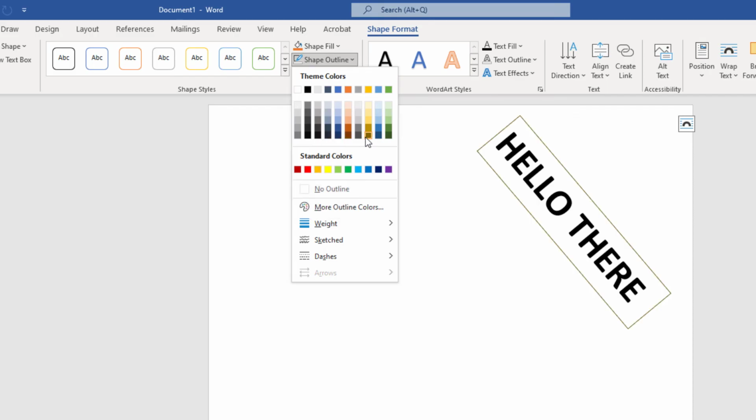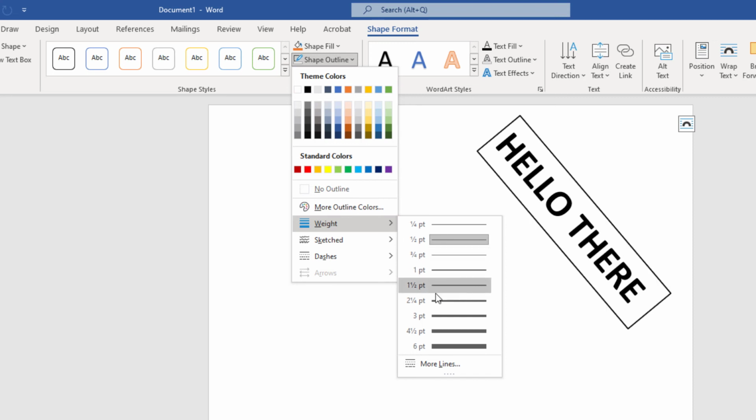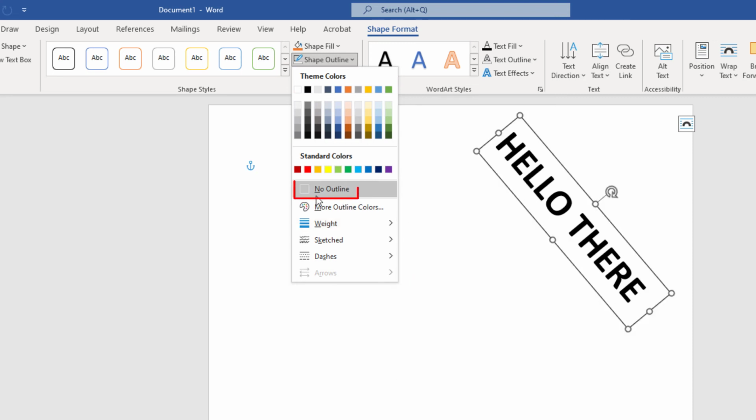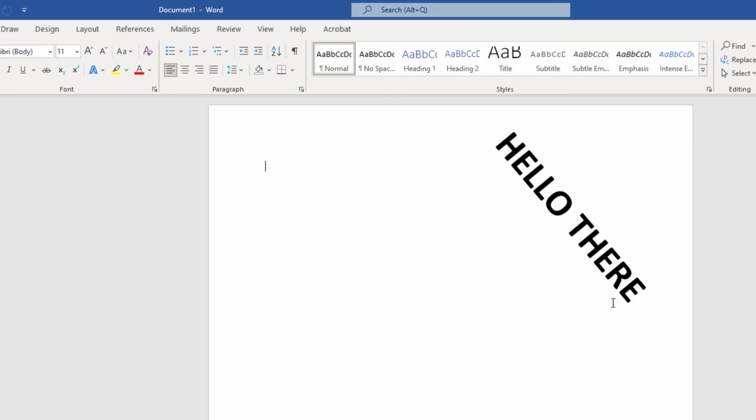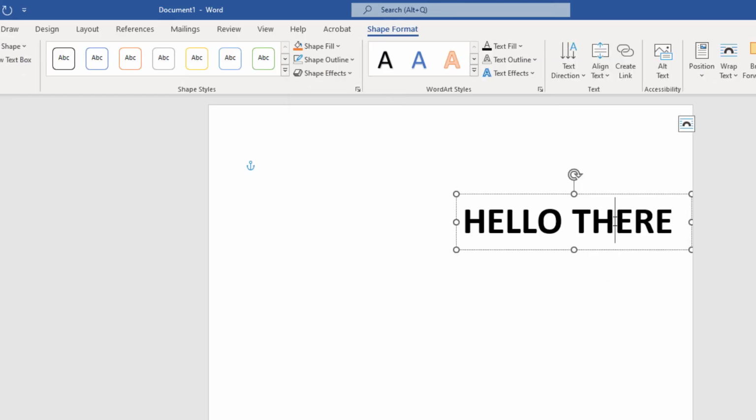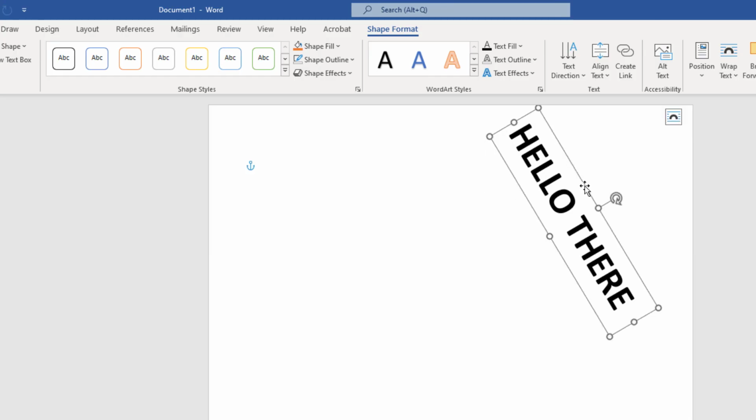You could change the color of the outline. As you move your mouse cursor over, you could see the color of the text box, and you can change the weight of it. You can make it larger, but if you want to eliminate it, you just click on No Outline. Now it has no outline. I could still click on it, select it, move it